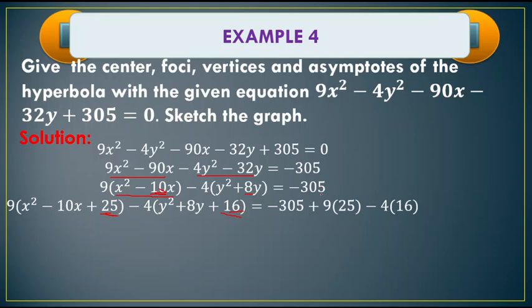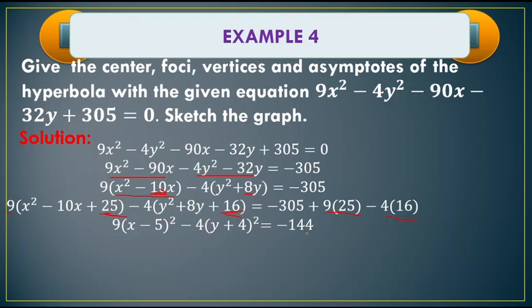Okay? Since meron tayong na-add dito, so yung 9 times 25, so ito na yun, i-add natin. Then, negative 4 times 16, ito na po yun. So then, simplify na natin ngayon. Factor natin itong nasa parenthesis. So, we have now 9 times (x minus 5) squared minus 4 times (y plus 4) squared is equal to